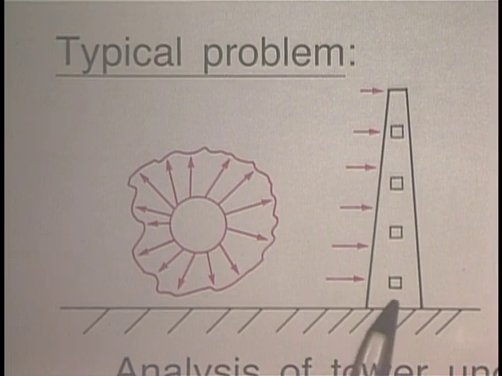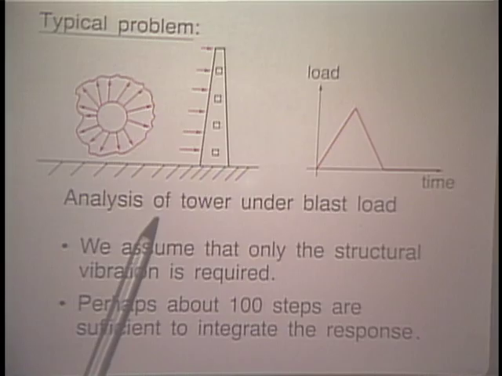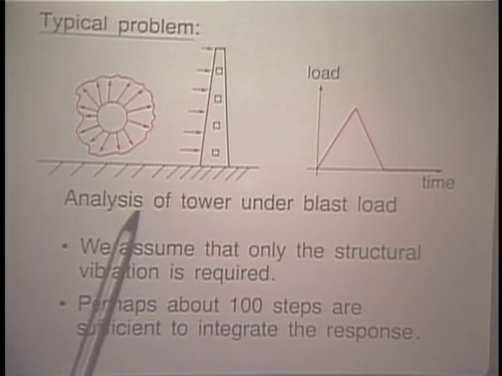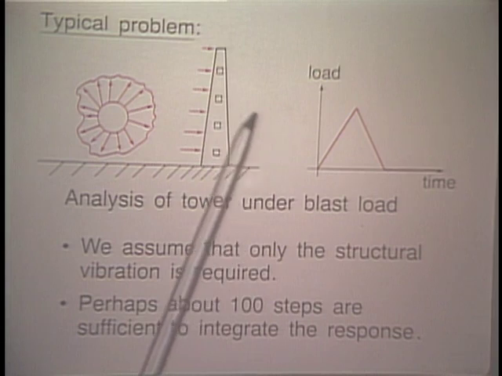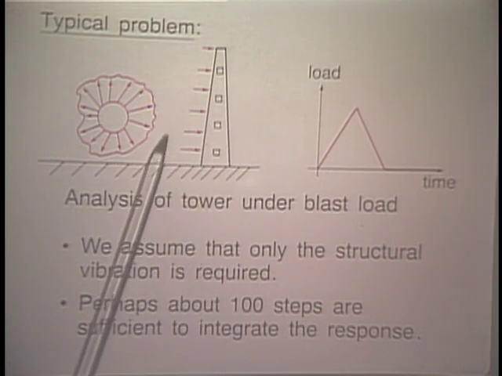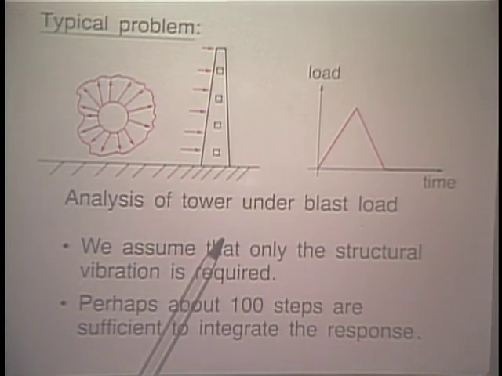In this case, we may very well obtain the response of the tower using about 100 steps to integrate the response. In fact, we will look at a problem of this nature in the next lecture, where we do actually analyze a tower using the implicit time integration scheme, and where we talk a little bit about how the tower would be modeled